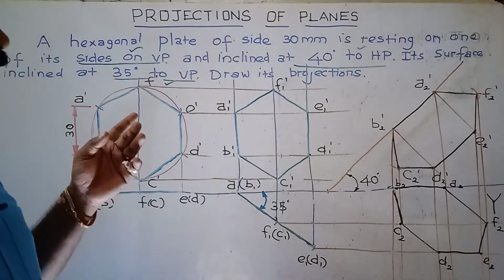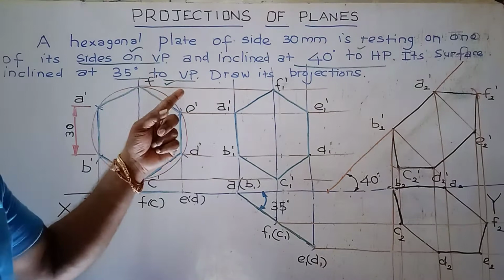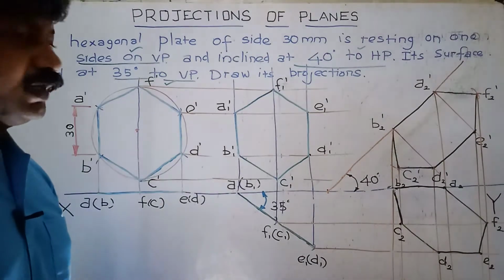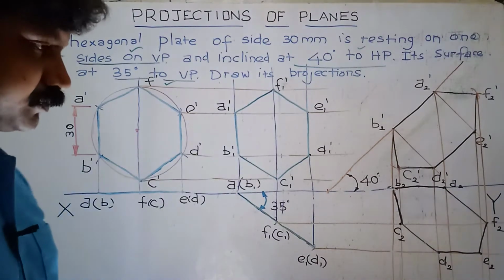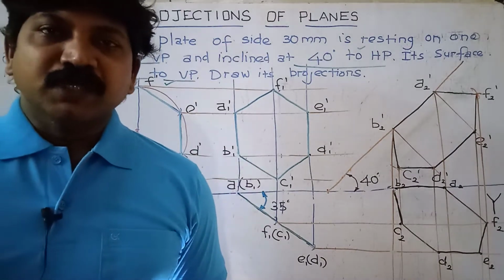A hexagonal plate of side 30 mm resting on one of its sides on VP and inclined at 40 degree to HP, its surface inclined at 35 degree to VP. Draw its projections. So in this case, you have to assume initial